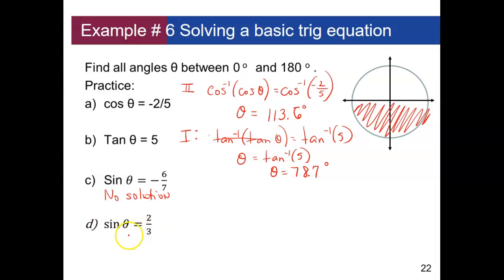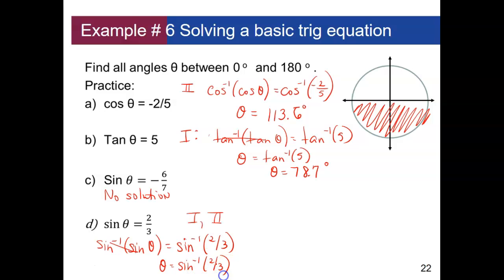Okay, moving on to this next one. If I look at this one, sine is positive in both the first and the second quadrant. So I need to find two angles for this one. So I'm going to take the inverse sine of both sides to start with. As you get used to this process, you can definitely shortcut this first step. I'm just writing it out so that we can kind of get it in our mind what we're doing. We're taking the inverse sine of both sides. These cancel. So I have inverse sine of 2/3,